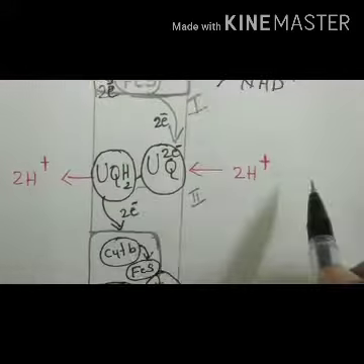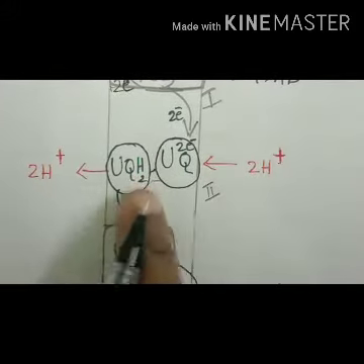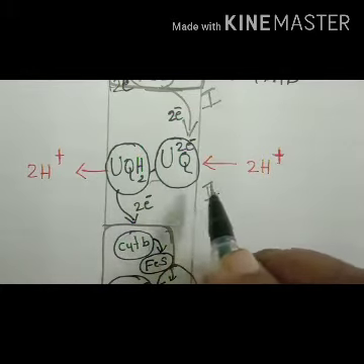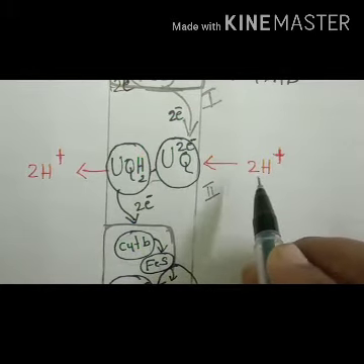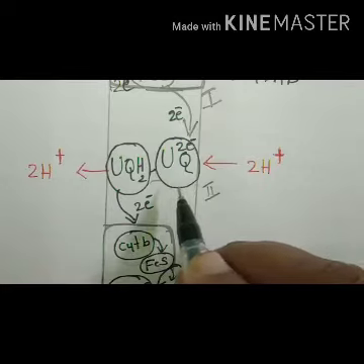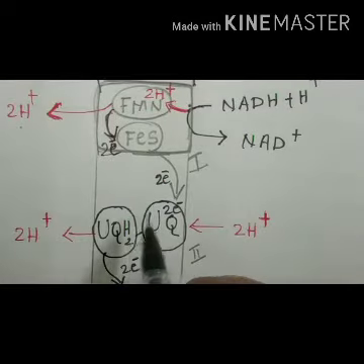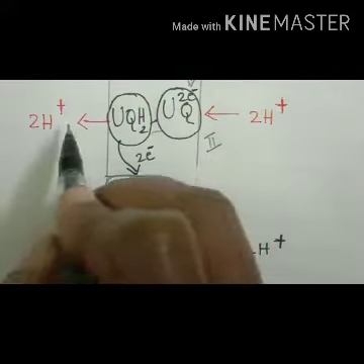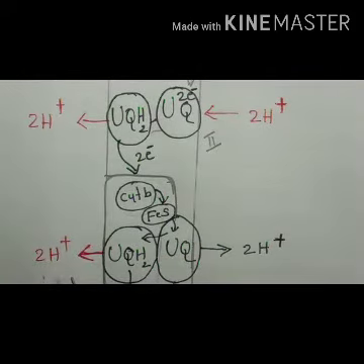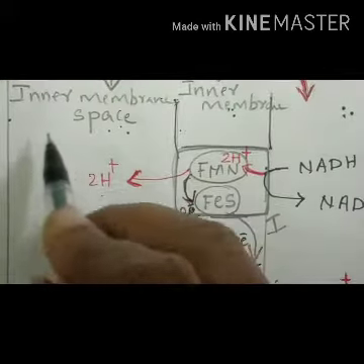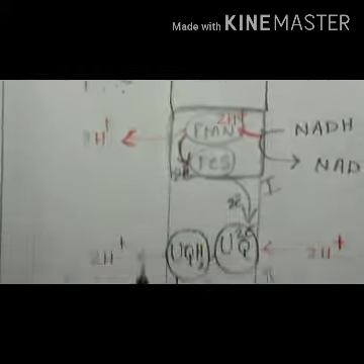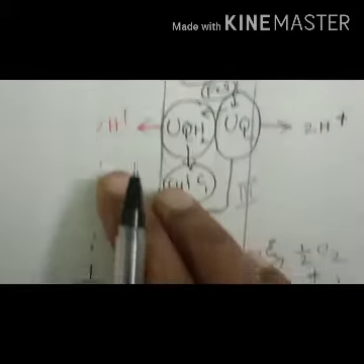And FADH2 is releasing. The steps can be seen from here onwards only. The FADH2 reductase complex is situated on the second complex. FADH2 reducing complex, that is the second one. So this step will start from here only. When FADH2 is reduced, 4 protons are released on the inner membrane space. So here we can see the accumulation of protons on the inner membrane space.